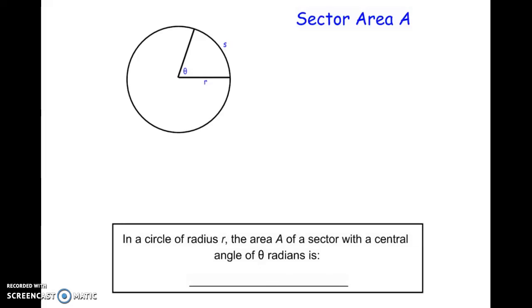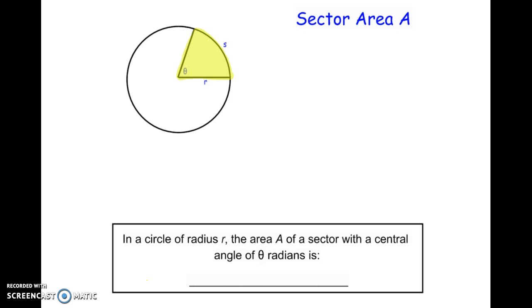We now want to look for the formula for the area of a sector. And what I mean by that is basically a piece of pizza or piece of pie here that I'm coloring in yellow. That is considered to be a sector of the circle. So if we want to find the area of this sector, we can derive it in this very similar way